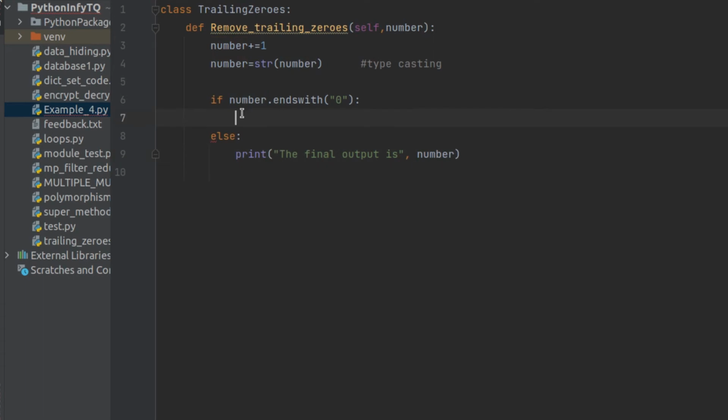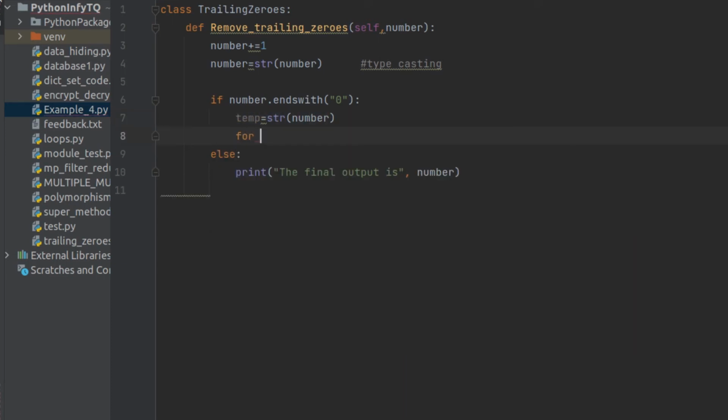So this is how I have the logic. Now here I have to apply the logic, and to do that, firstly I will be creating a temporary variable which will be holding my value for this, right? Because I need two variables to apply the logic. One will be to simply update the value, and the second will be to use the for loop, right?